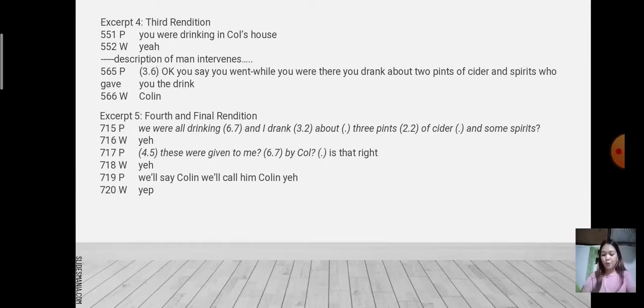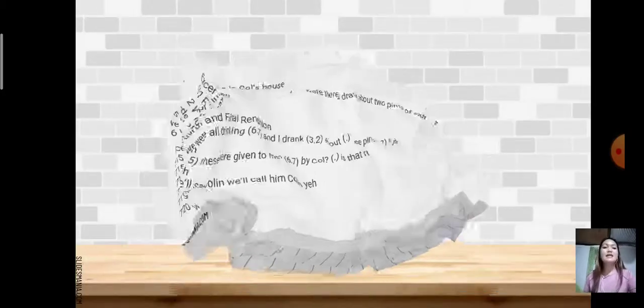So instead of saying 2 pints, where the written statement of the interviewee says a while ago that he just drank about 2 pints, the police changed 2 to 3, to know whether the witness agrees or disagrees. And then the witness agrees, so there is a confusion from the police: why did he agree? So there is an asymmetrical difference between the first statement and the second statement.